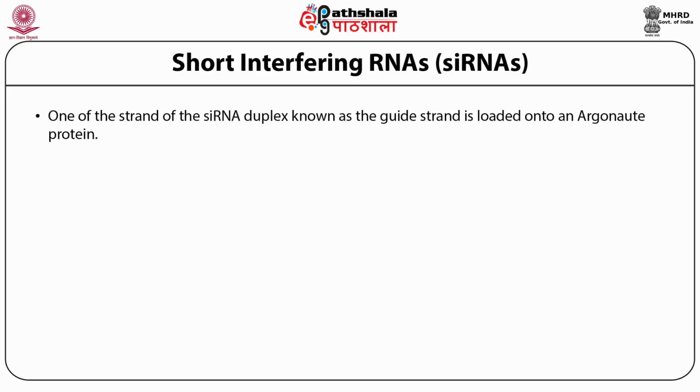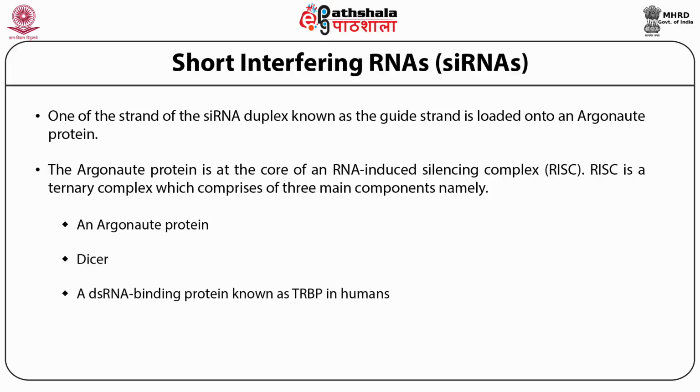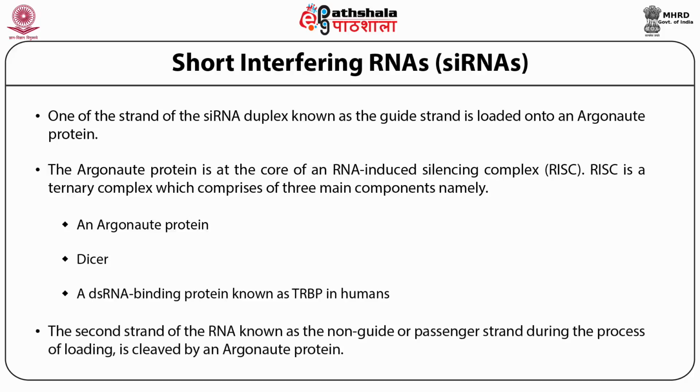One of the strands of the siRNA duplex, known as the guide strand, is loaded onto an Argonaute complex. The Argonaute complex is at the core of an RNA-induced silencing complex known as RISC. The RISC is a ternary complex which comprises three main components: an Argonaute protein, secondly Dicer, and thirdly a double-stranded RNA binding protein which is known as TRBP in humans. The second strand of the RNA, known as the non-guide or passenger strand, is cleaved during the process of loading